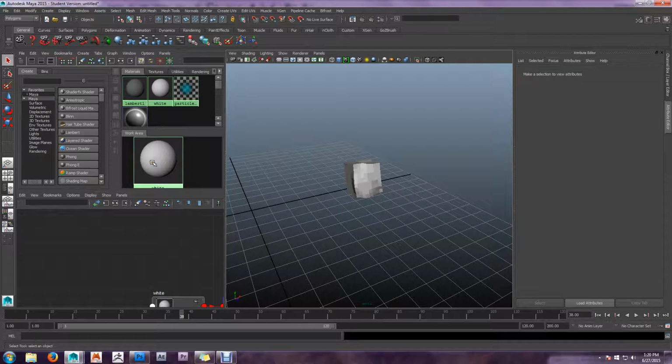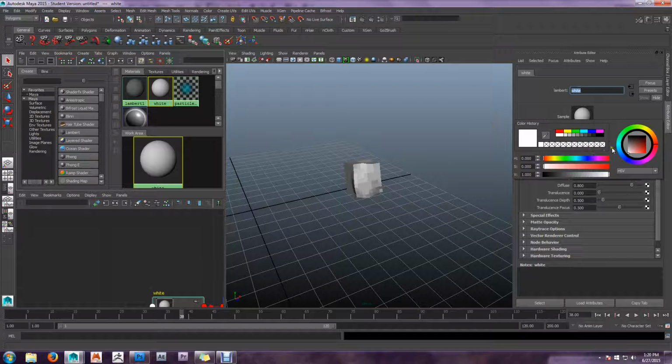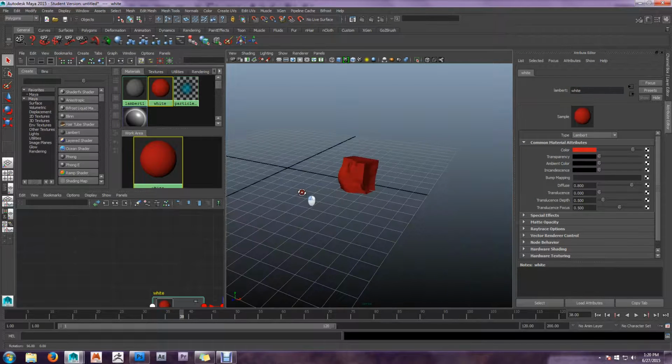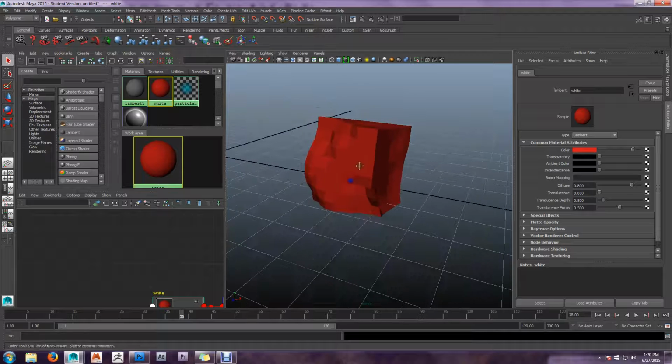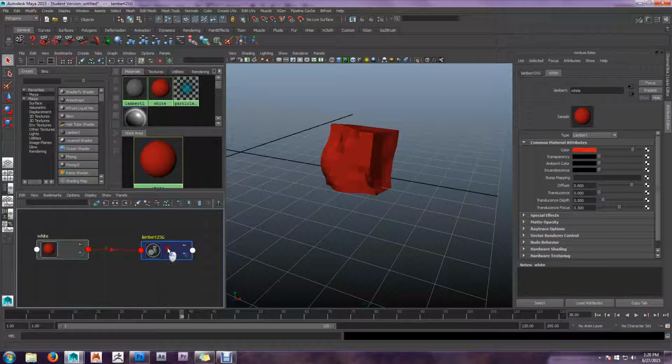Okay. Now that this is applied to this object, I can call it whatever. I can change it to whatever I want. So, I'll change it to a red or something. Really simple. So now I've got a red cube, right? So there's my red cube. And in here we can see we've got a node network. So I've got my shader here and